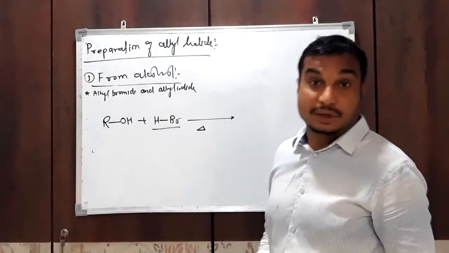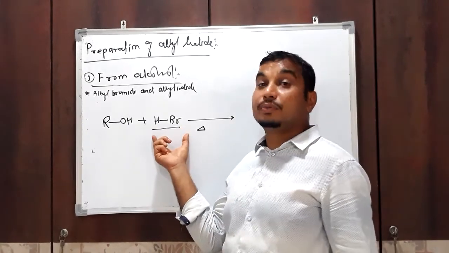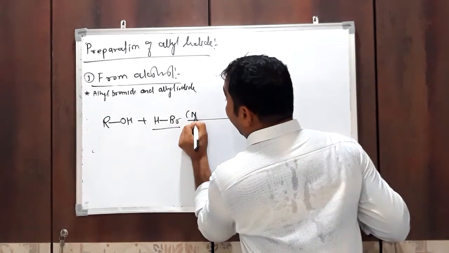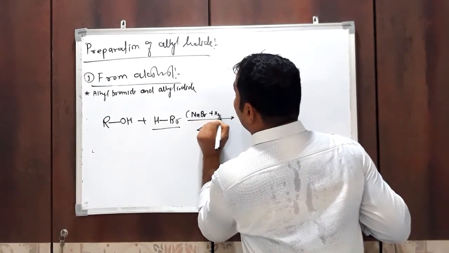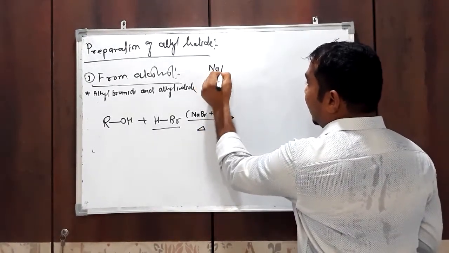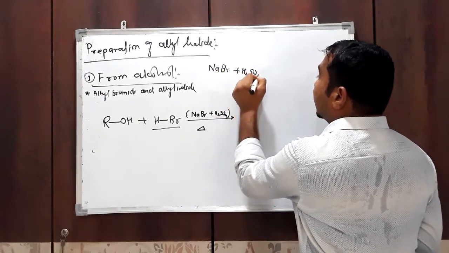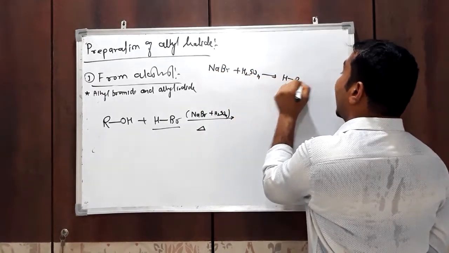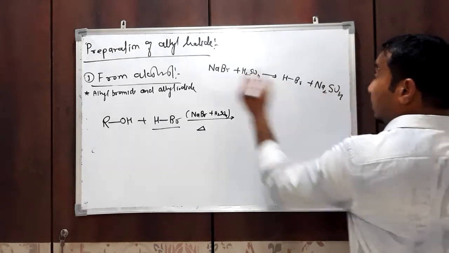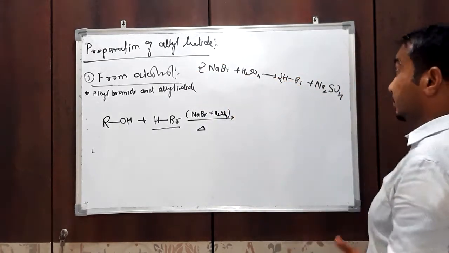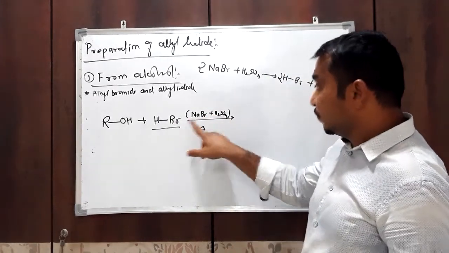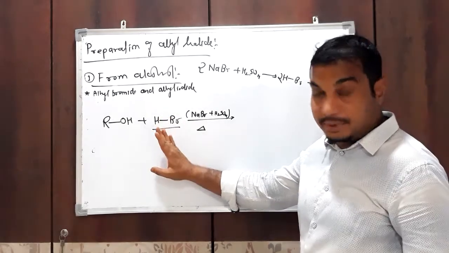So, during the reaction, first we have to prepare this hydrobromic acid, or HBr, inside the reaction mixture by the reaction between NaBr and H2SO4. This NaBr and H2SO4 react first and form HBr plus Na2SO4, like this. Okay, so during this reaction, inside this reaction mixture, NaBr for getting HBr, it is not available, but